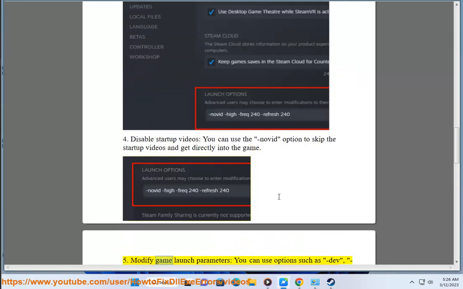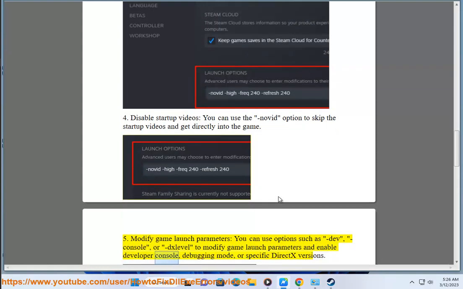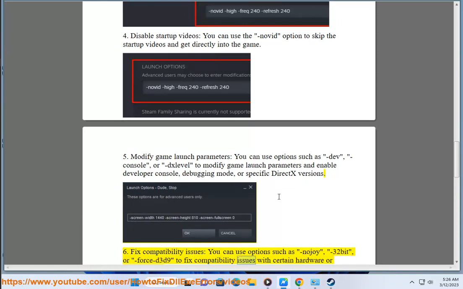5. Modify game launch parameters. You can use options such as -dev, -console, or -xlevel to modify game launch parameters and enable developer console, debugging mode, or specific DirectX versions. 6. Fix compatibility issues. You can use options such as -nojoy, -32bit, or -forced3d9 to fix compatibility issues with certain